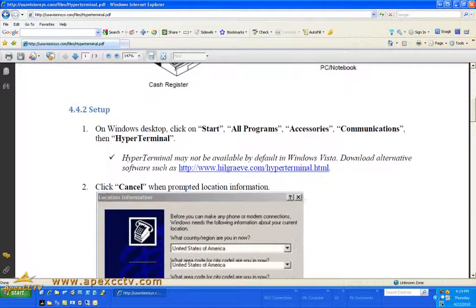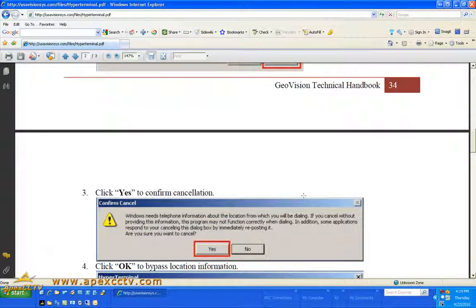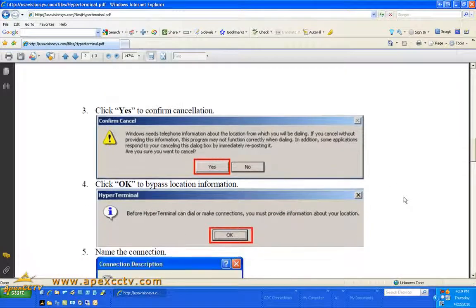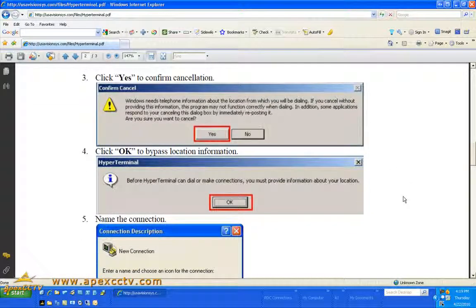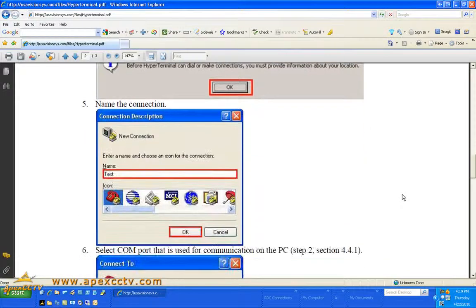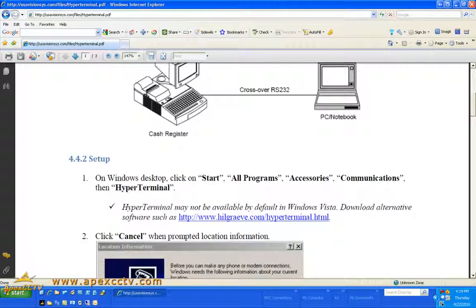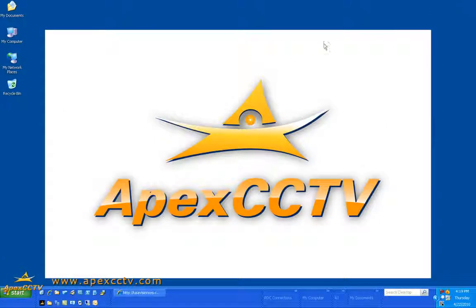For demonstration purposes, I am going to show you how to go through it, but I am going to have to use a TCP/IP connection because I do not have a cash register available for me, but I can duplicate roughly what you're going to see when you see the test. I'm going to follow this portion of it pretty much step by step. You're going to need a null modem cable,